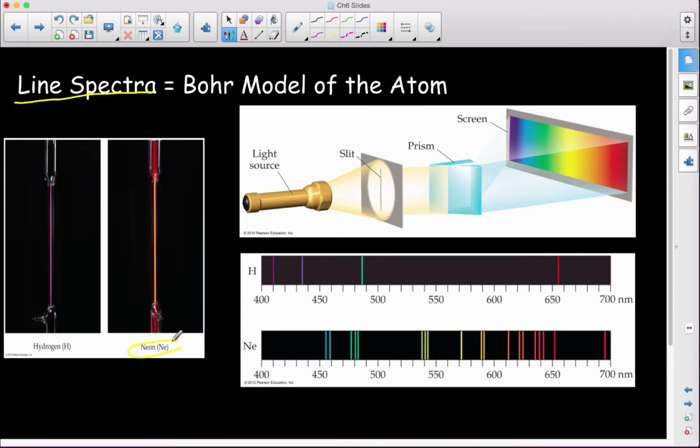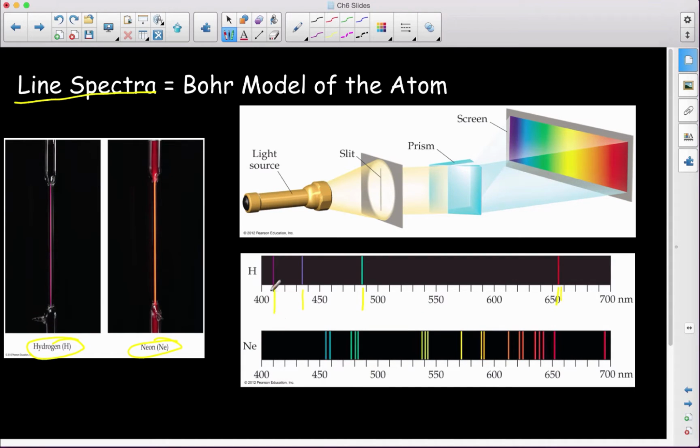So here we have a sample of neon. Here we have a sample of hydrogen. When we take those and we excite them, so we run a current through them, they give off a light, just like a flashlight would. If we take that light and we focus it through a prism, instead of getting a continuous spectrum, we get individual bands of color,